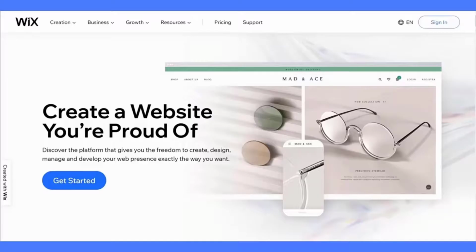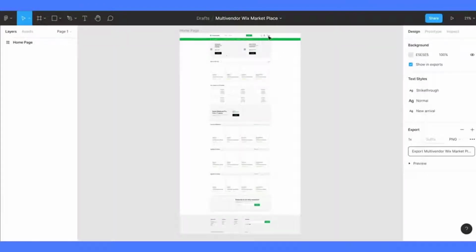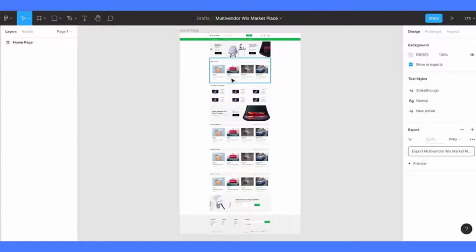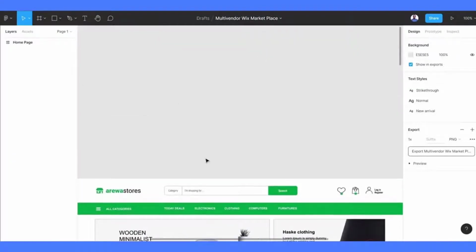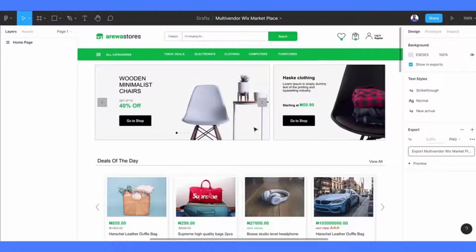In this tutorial, we are going to look at how you can create a multi-vendor marketplace with Wix. Before we get started, I'd like to let you know that we already have a design we are going to be using for our project. So this is going to be the design, or what we are going to be designing. We are going to be building this from scratch, from the ground up, and it's going to be very